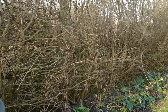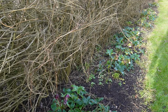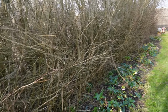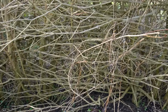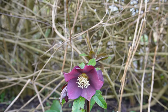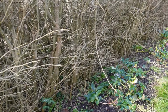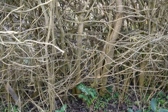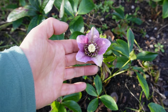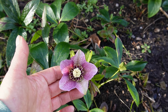But maybe some of you remember that I think 2 years ago now I made this bed all along this lilac fence, and these are my homemade hellebore seedlings, and this is the first year they're flowering. In the first year you plant them, usually they don't flower, and it can take a couple of years, but I mean, isn't this glorious? And this